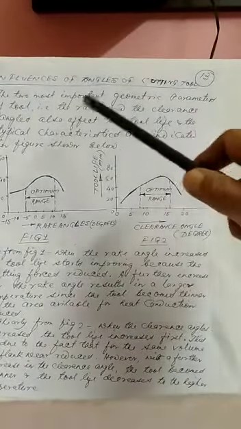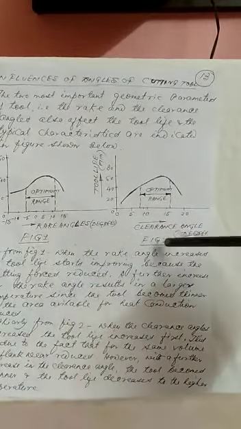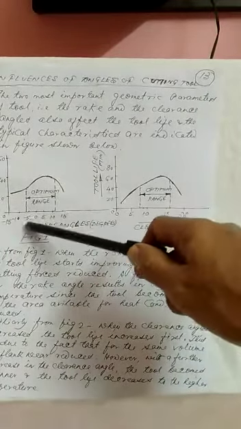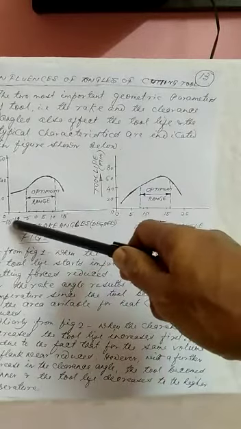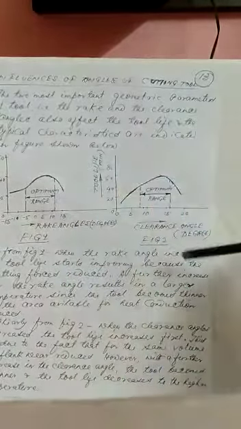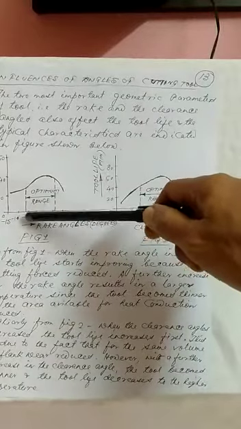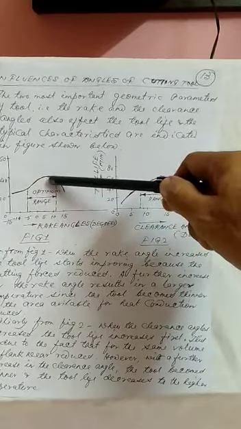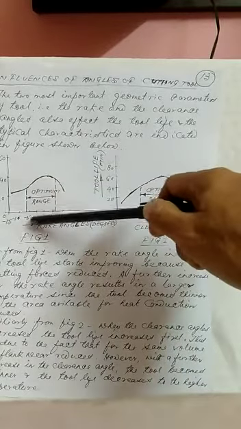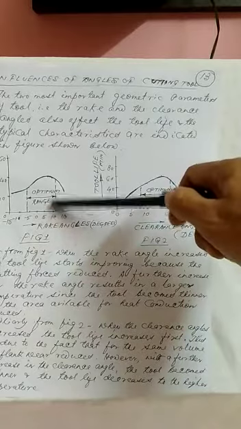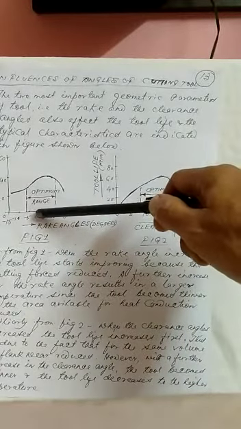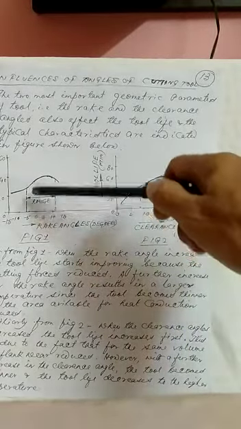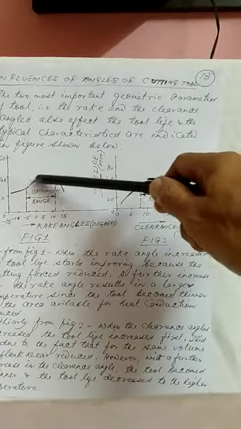I am coming to the influence of the cutting tool angle. Here we have shown the cutting tool angles. Number 1 is the rake angle, and number 2 is the clearance angle. We are observing the angles here on the x-axis, from negative to positive, and this is the tool life. We observe that cutting tool life gradually increases up to a certain level. After this level, it decreases. So there is a limit from 5 to a maximum of 11 degrees. This rake angle will be convenient for cutting, and it will increase the tool life.